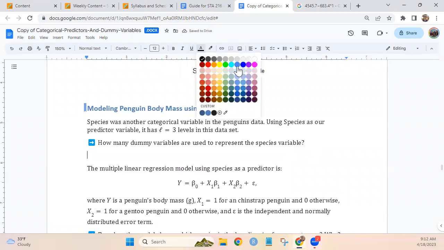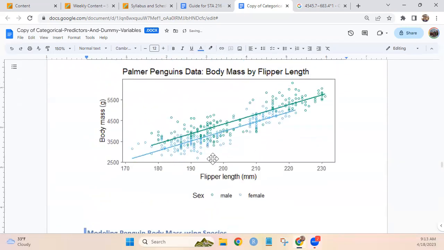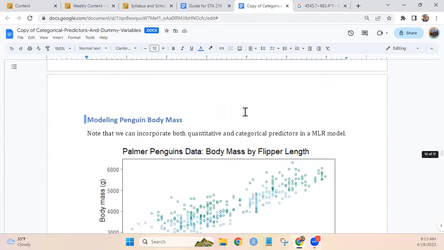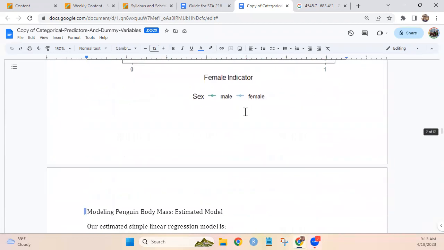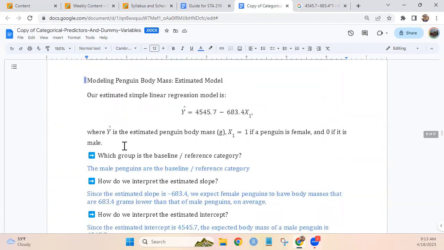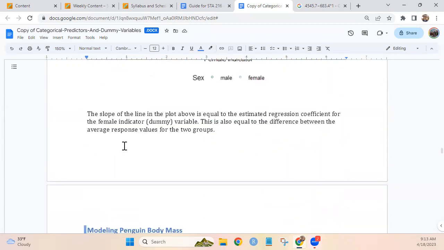So that was looking at how we can use a categorical predictor with two groups in it. There's also this species variable in the data set where there are 3 different species. The penguins can be Adelie, Chinstrap, or Gentoo. So to use that as a predictor,